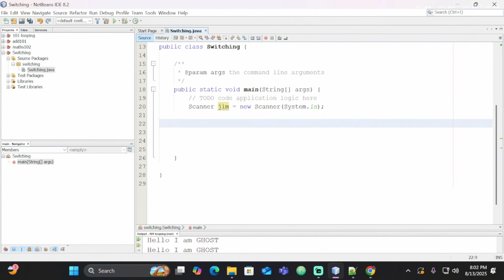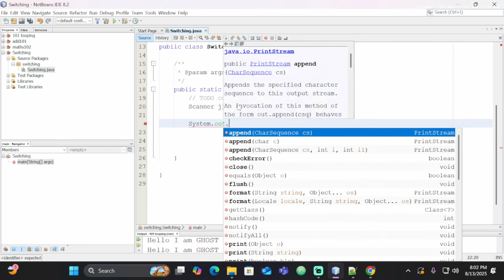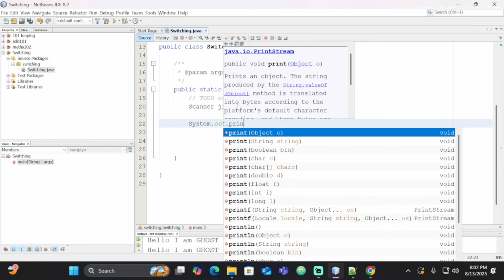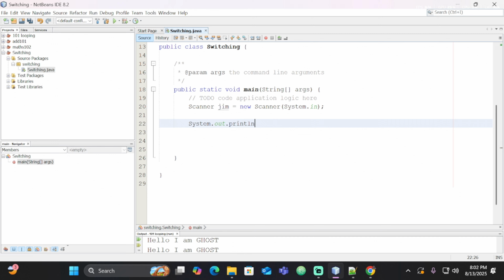So let's just say System.out.println, and then I'm going to say press 1 for, let's say, car,